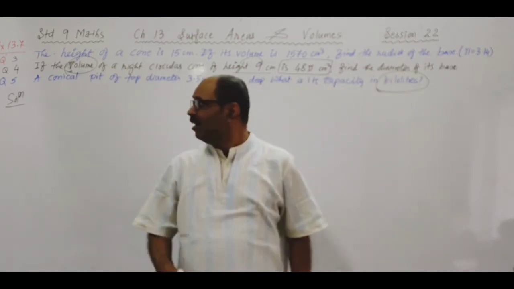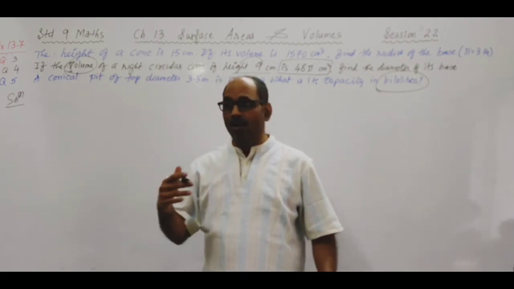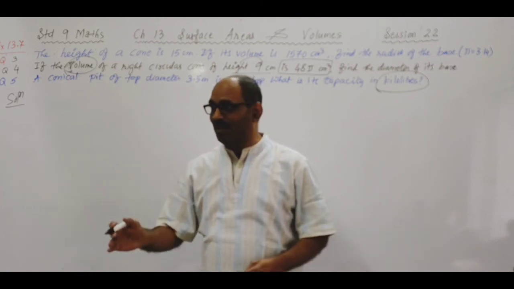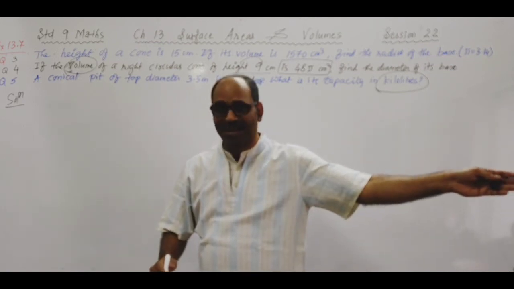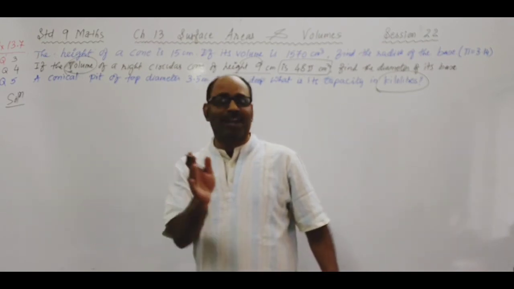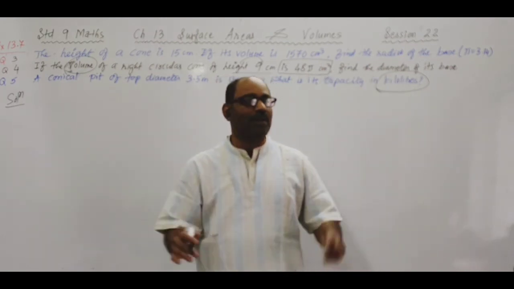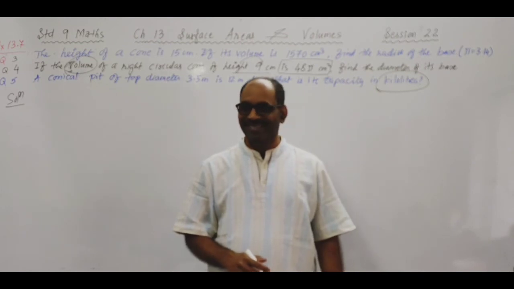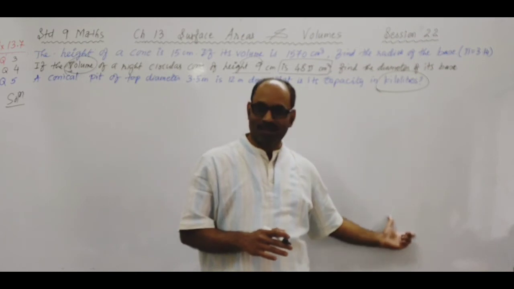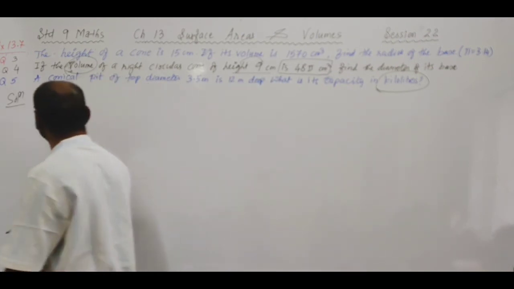Here the unit is meter, so cubic meter can be converted. 1 cubic meter is 1 kiloliter, like 1 cubic centimeter is 1 milliliter. You get it directly, no need to convert cubic meter into liters and then into kiloliters. When I finish this sum, I'll write all those relationships; note them in your book. Let's do this now.